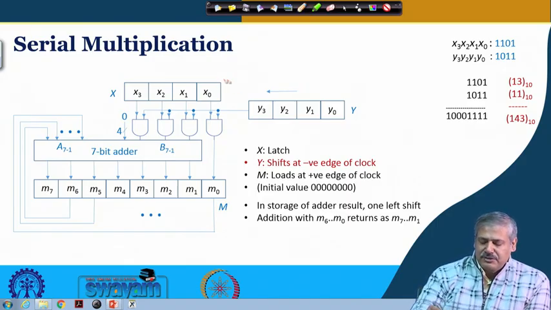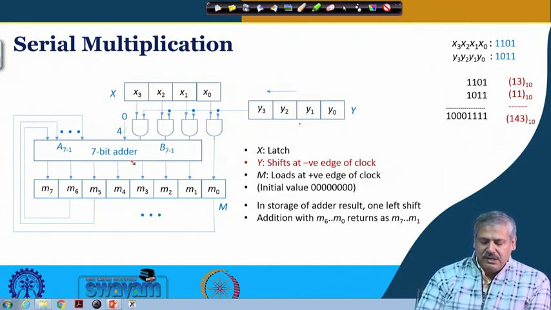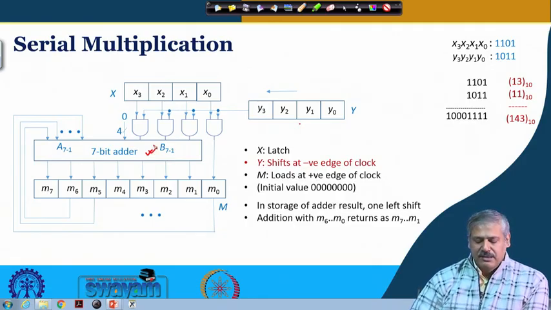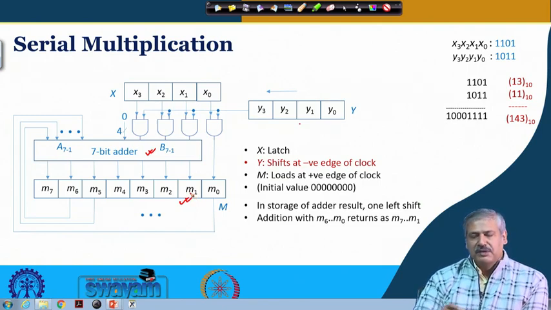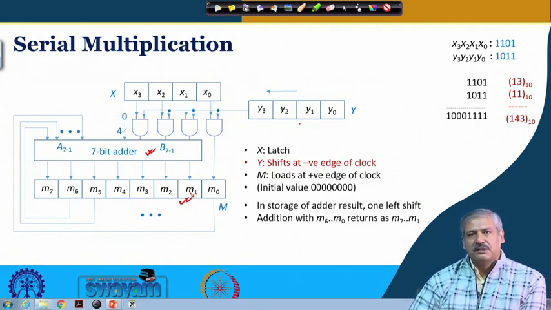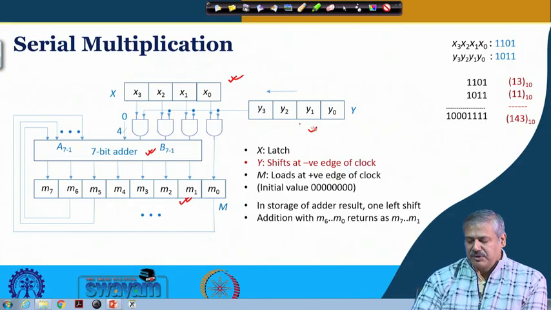One is x3, x2, x1 and x0, and the other one is y3, y2, y1 and y0. In addition to that, we are using a 7-bit adder. Note that it is a 7-bit adder and a register which is 8-bit long. We are giving an example of 4-bit and 4-bit multiplication, so it can be extended for other cases. So, this is a latch, this is a shift register, the arrow direction shows that gradually it will be